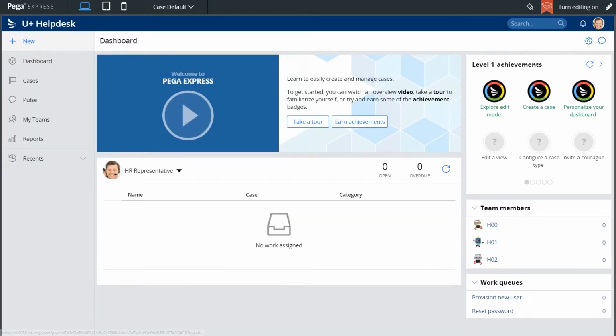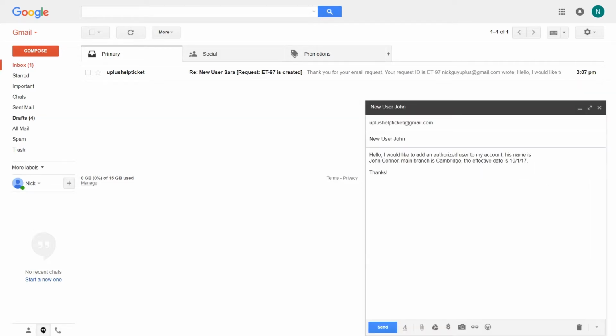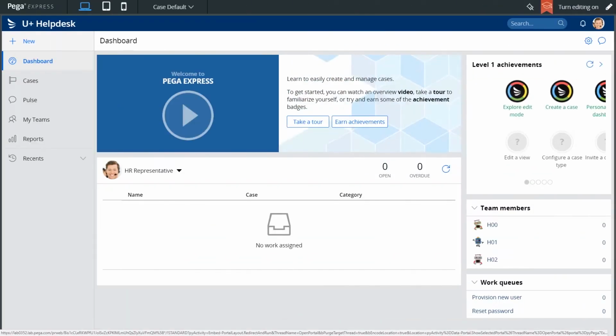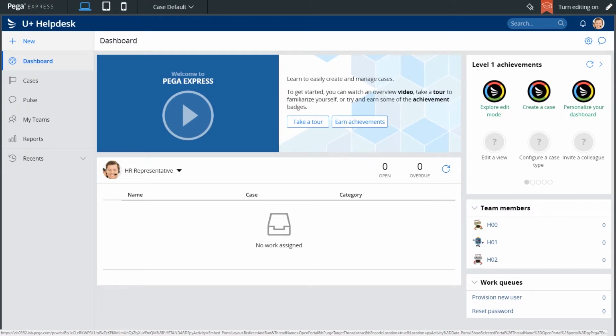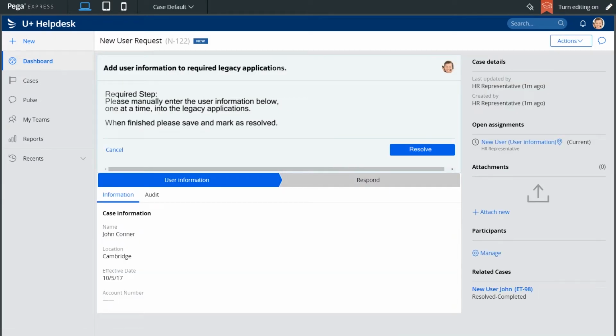And now let's go back to our customer view, and let's send in another add new user to my account email request into U Plus Bank, this time John Connor. We're going to add to our account. So we send that off. Once again, the user using Pega in the back office gets a case. This time it's completely bypassed triage and created a new user case N-122. Okay, so we're getting a little bit more efficient by skipping triage, but we can do even better than that